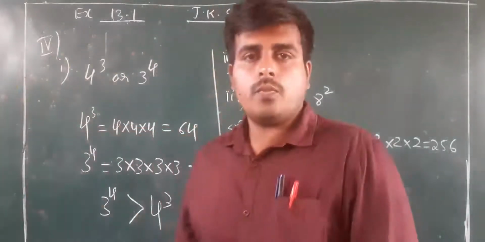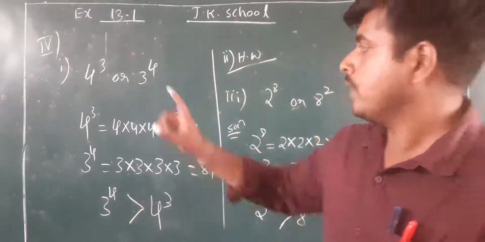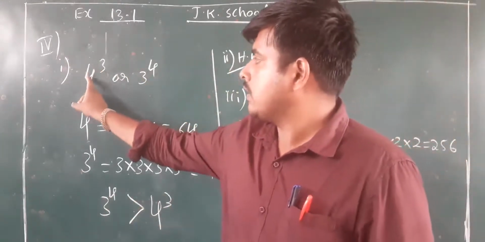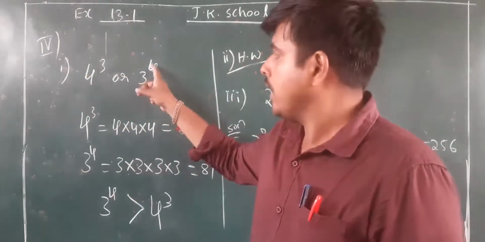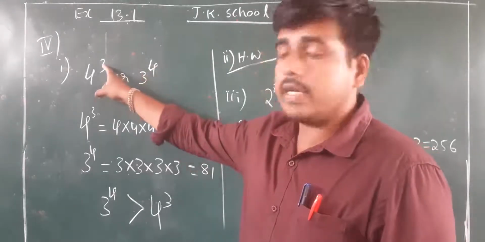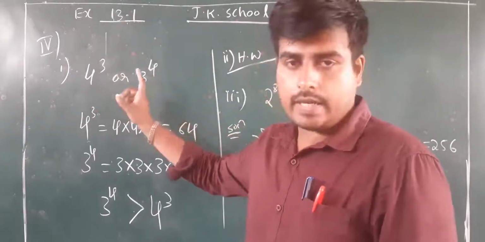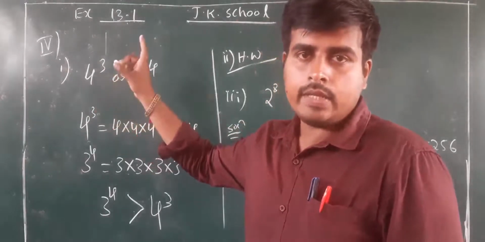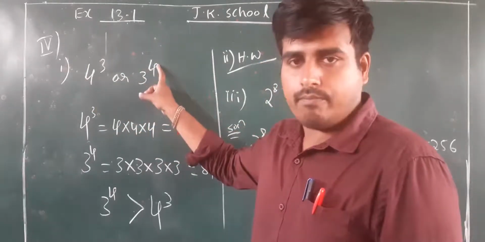You closely observe both problems. You can see one pattern here. What is that pattern? The base of the first exponent will become the power in the next exponent, and the base of the second exponent is the power in the first. Means if bases and powers are exchanged in this manner, then the exponent which has the highest power will be the greater.